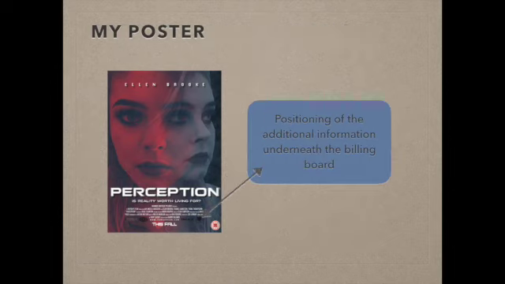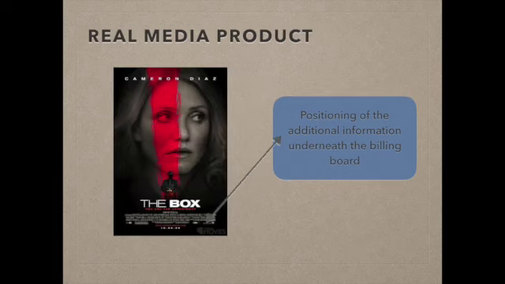Also, the way in which I have positioned this additional information provides evidence to suggest that its inclusion conforms to codes and conventions. The way in which I have positioned the additional information so that it is tucked neatly into the billing box in the bottom third of the 3x3 grid is conventional. It is conventional given that it means the audience can still see the image and the additional information is not getting in the way. It is also conventional given that looking at real media products you are also able to see the way in which they have placed this information here.